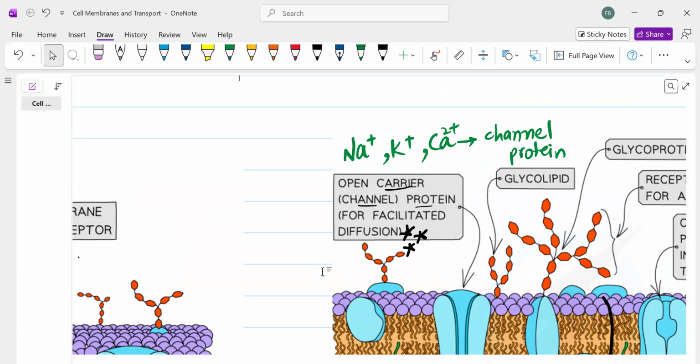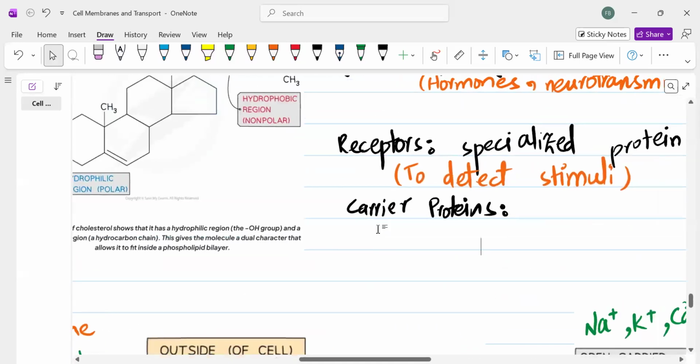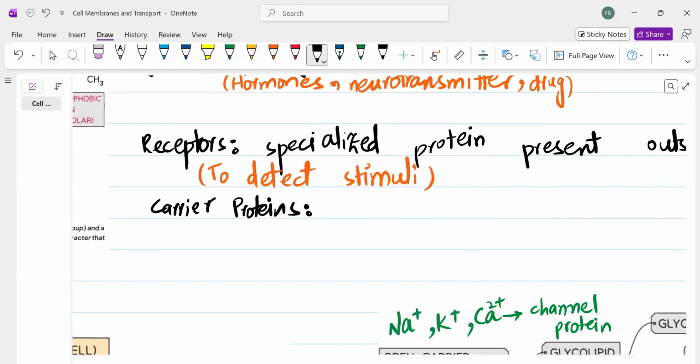Now, if you have many glucose molecules moving from one point to another, then you will say that is a diffusion. You are confusing two things because they have written two things together. When they talk about the channel protein, then you can use the terminology facilitated diffusion. Let me clear it. Firstly, the carrier protein. When we talk about the carrier protein, we will say that